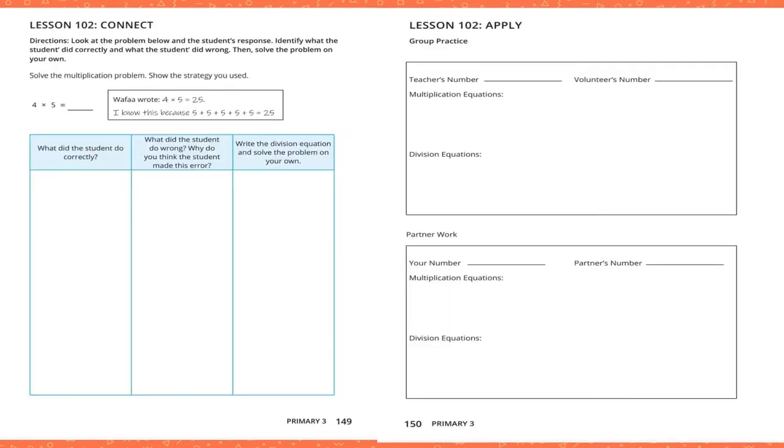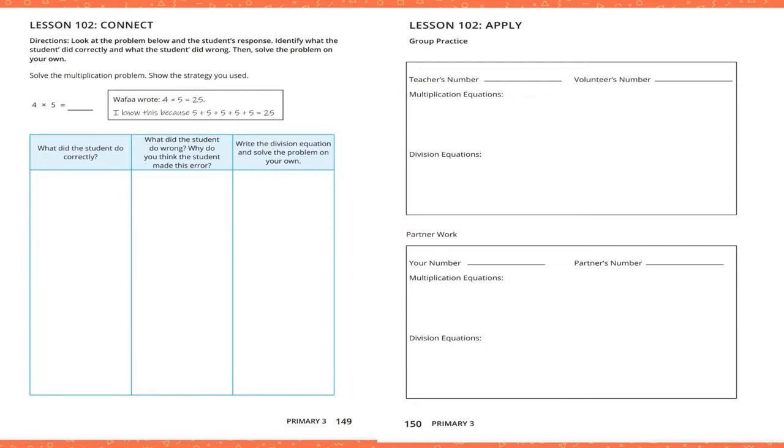Lesson 102, the connect part. Look at the problem below. Identify what the student did correctly and what she did wrong. Then solve the multiplication problem and show the strategy used. Wafaa wrote 4 times 5 equals 25 because 5 plus 5 plus 5 plus 5 plus 5 equals 25. What did the student do